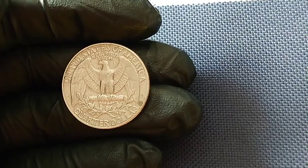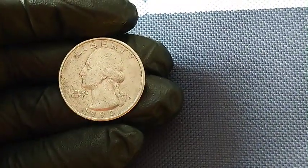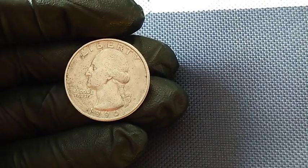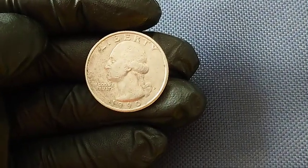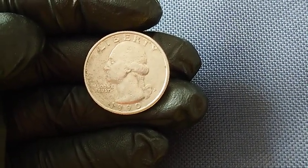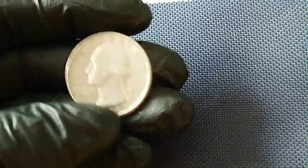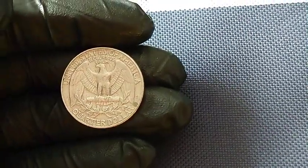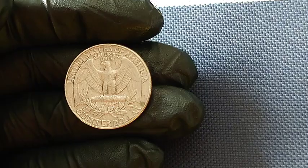a long-time coin roll hunter stumbled upon it in a batch of circulated quarters obtained from a bank in rural Ohio, initially mistaking it for a corroded or damaged coin until closer inspection revealed a suite of anomalies too numerous to be coincidence, prompting expert authentication from multiple grading services, each confirming not only the errors but the extraordinary nature of their convergence. A 1 in a billion alignment that makes the coin a unicorn in the numismatic world, and